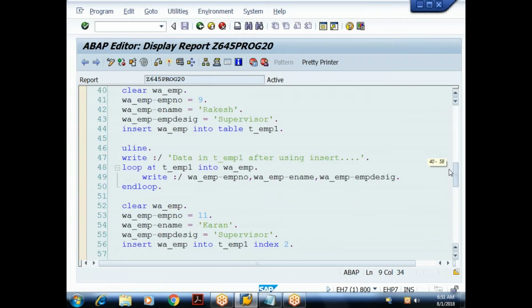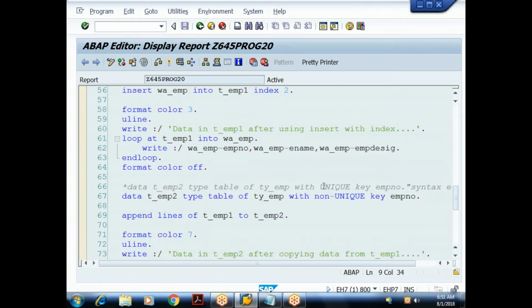In the second internal table I was trying to provide the unique key. It was giving a syntax error. So it is understood that a standard internal table doesn't support unique key. It supports only non-unique key. The meaning of unique and non-unique is: unique will not accept duplicate values, whereas non-unique will accept duplicate values. That is the difference.